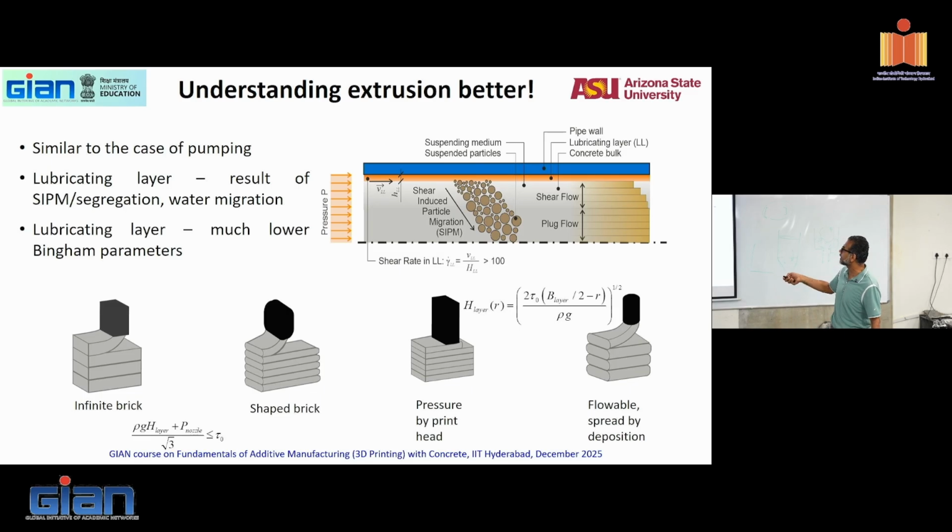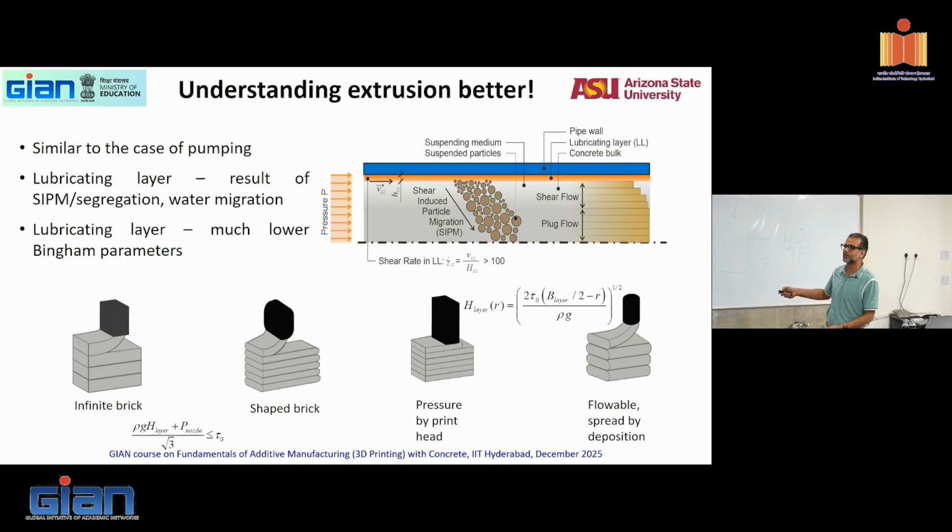So you will have a liquid layer, and the lubricating layer has much lower Bingham parameters. What are Bingham parameters? Yield stress and plastic viscosity. Both of them will be much lower for the lubricating layer. Why? Because the lubricating layer is a fluid-rich layer with particles having migrated away from it. The fluid itself has lower yield stress and plastic viscosity because the particles have gone away from it. And then if you try to extrude some of those,